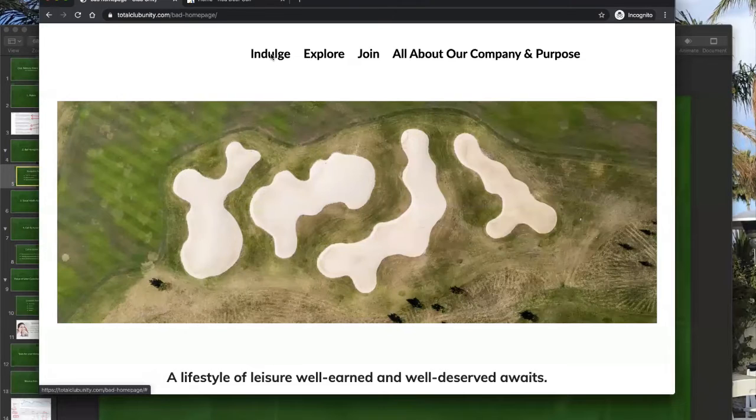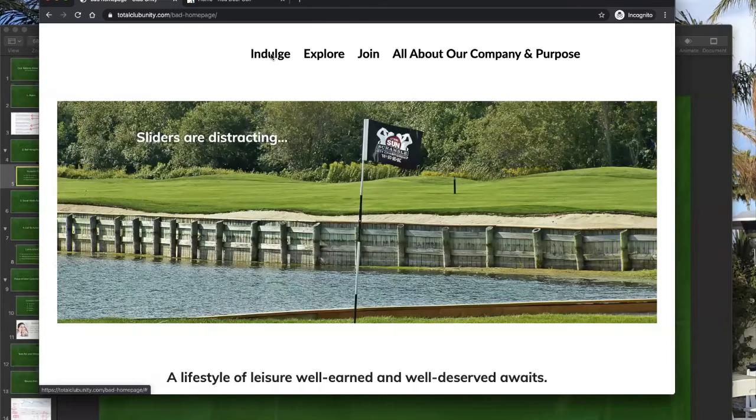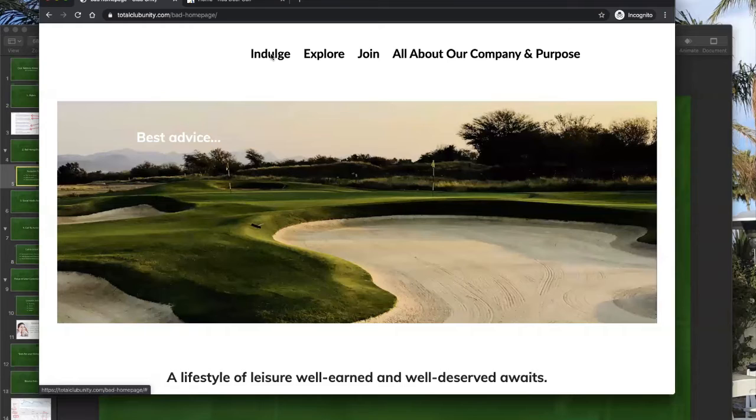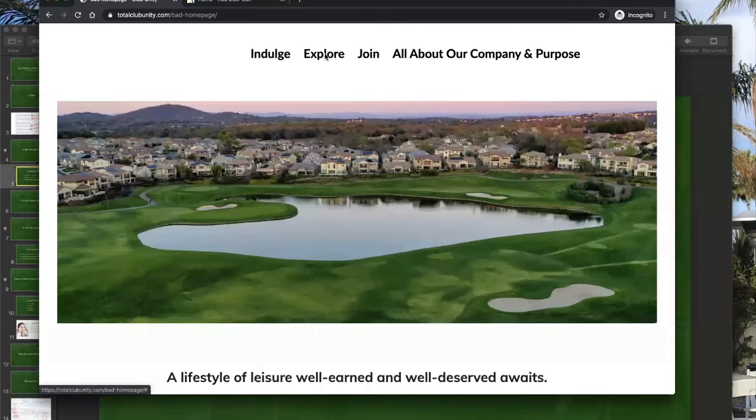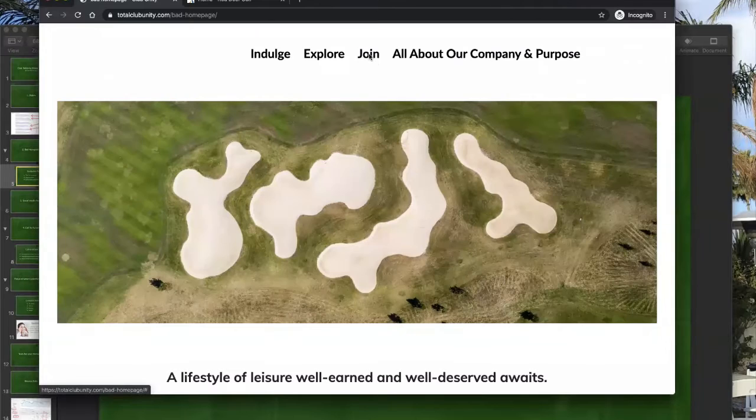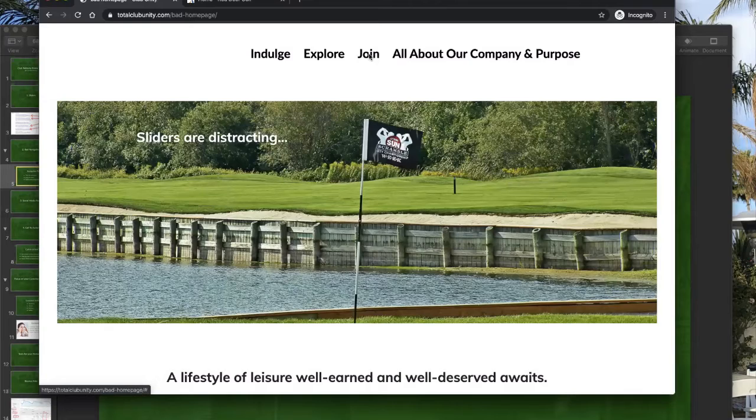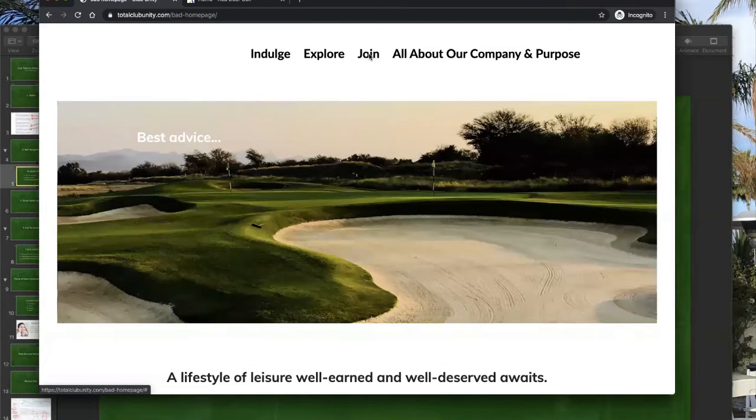Indulge could mean anything. That could be a spa or a restaurant, and really, we don't want people having to guess on exactly what this means. We want the navigation menu to present them with the option that we expect they're looking for. Same with Explore. Join is not bad, but join what exactly? And we want to kind of pave the path, right? We want to let people know that when they click on this, this is the information that's on the other